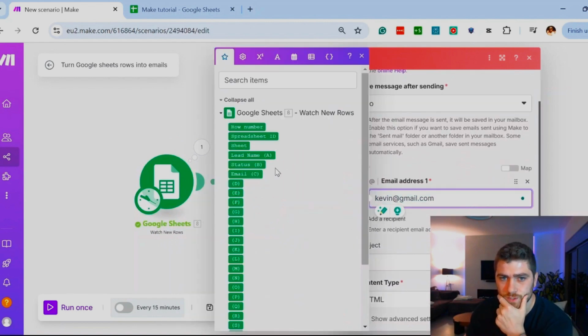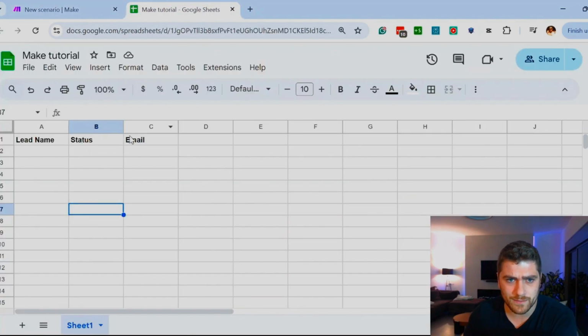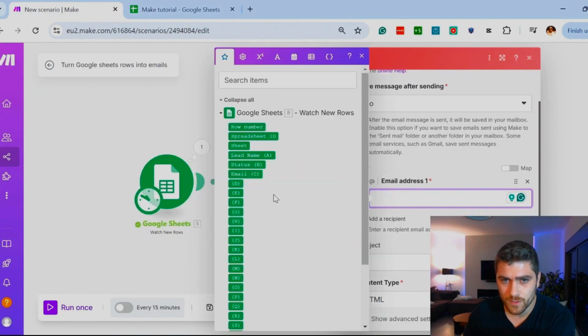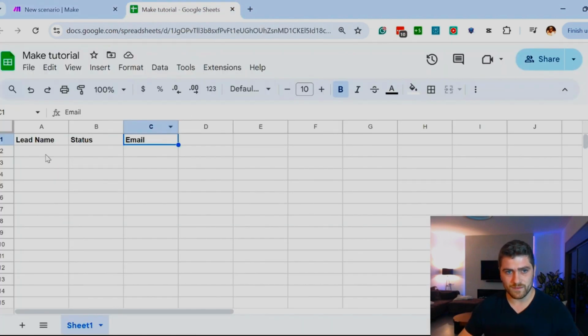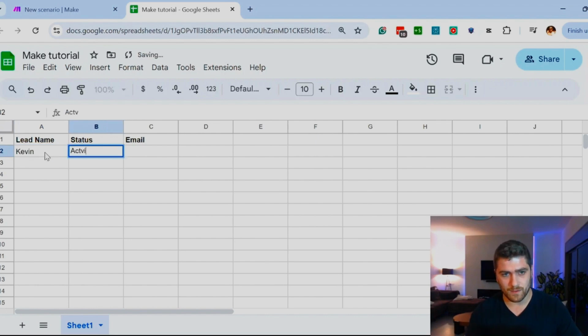If I go here and I hover over one of these columns, you'll see that this module on the left, the Google Sheet module, shakes a bit. This is a way of signifying that they are connected. The source of these fields are from the Google Sheet module. So if, for example, the lead name, let me show you. I added here this column and I named that email. So if I go here and I click email, basically, if a new lead comes through here and it's Kevin and status active, and I got an email over here,